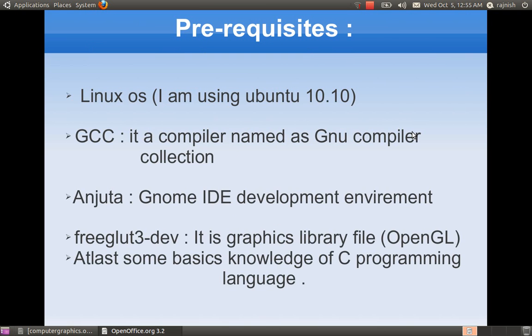The prerequisites for starting this programming are, first of all, the operating system. I am using Linux Ubuntu 10.10 and a compiler named GCC, the GNU Compiler Collection, and Anjuta. Anjuta is the GNOME Integrated Development Environment, and a library file for graphics